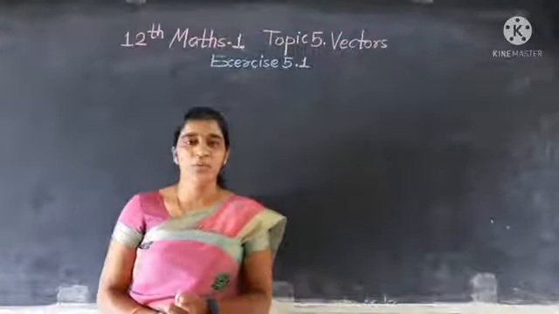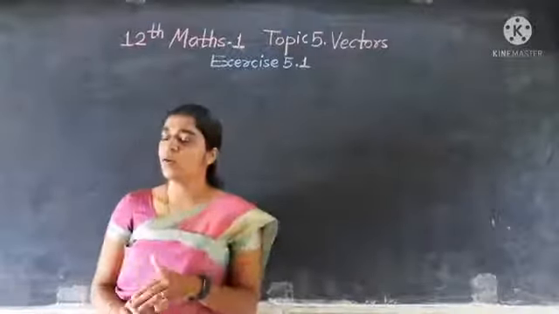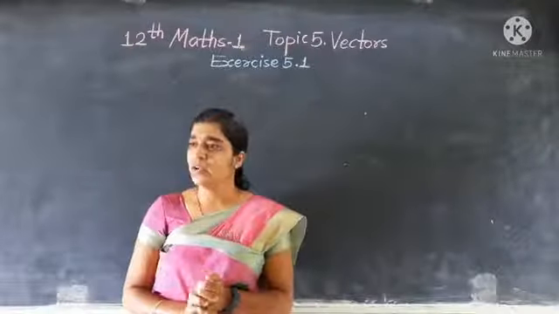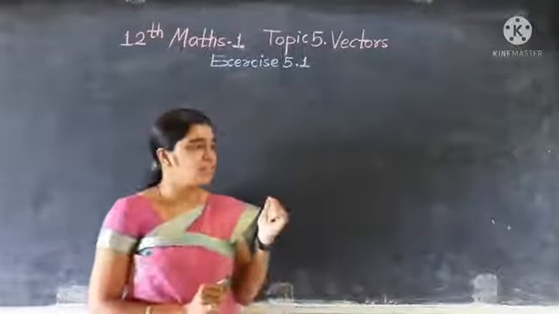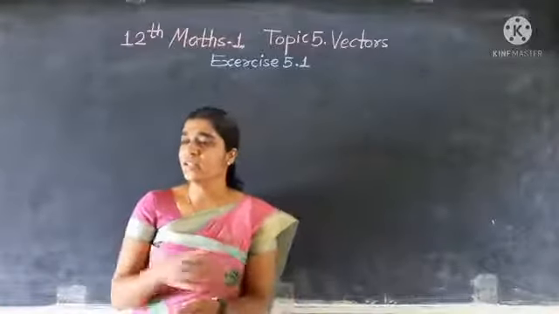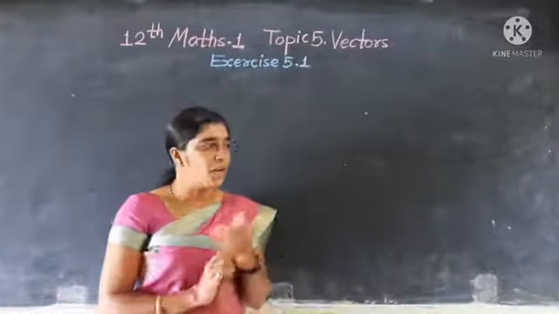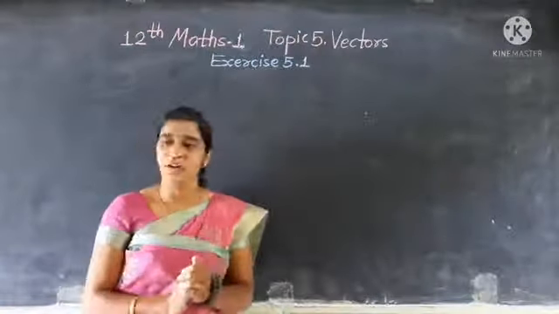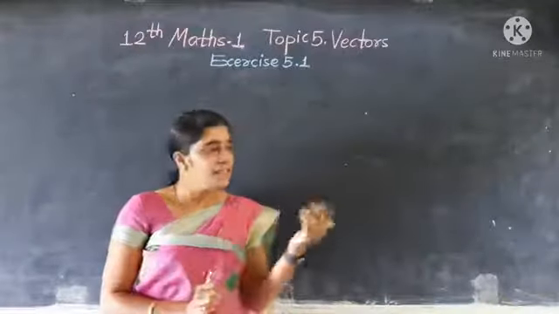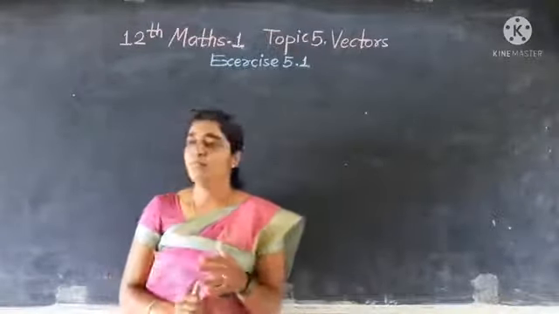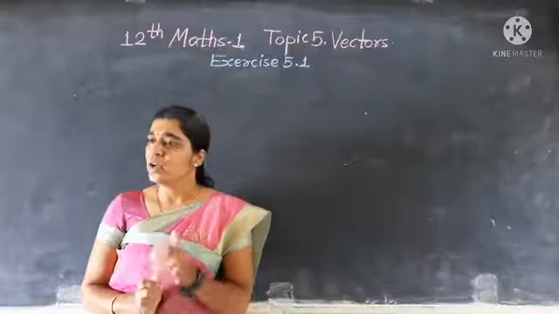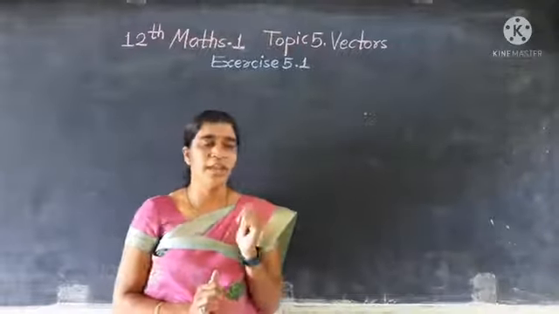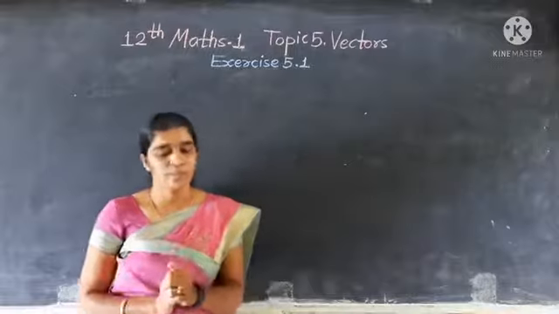In earlier videos we had seen what is a vector, what are the different types of vectors and the algebra of vectors. In that we had seen addition and subtraction of vectors. Then we also saw scalar multiplication, triangle law of vectors, and parallelogram law of vectors. All these things we covered in the first video. In the second video we saw some theorems based on collinear vectors and coplanar vectors, when the vectors are collinear and when the vectors are coplanar.